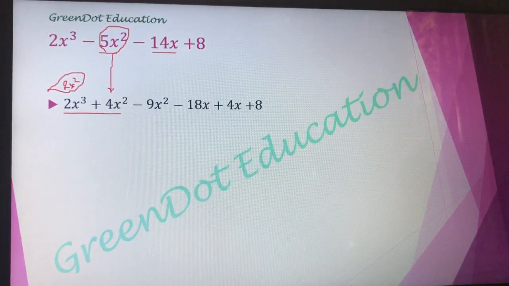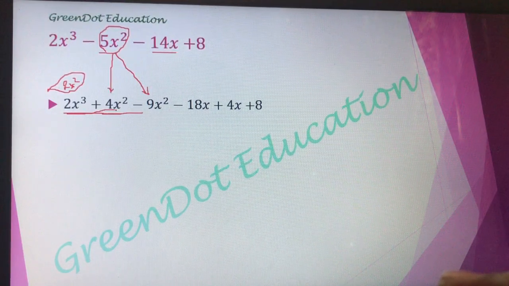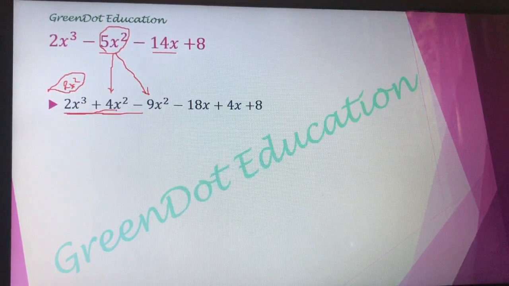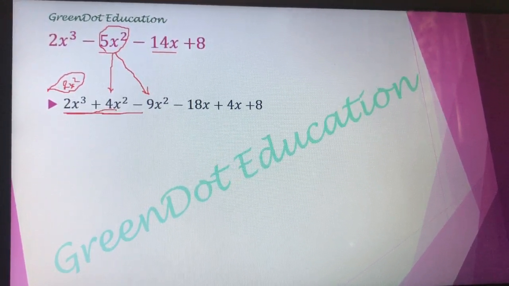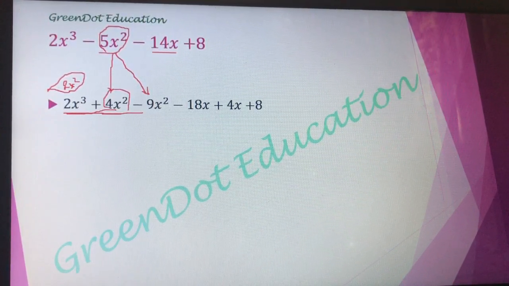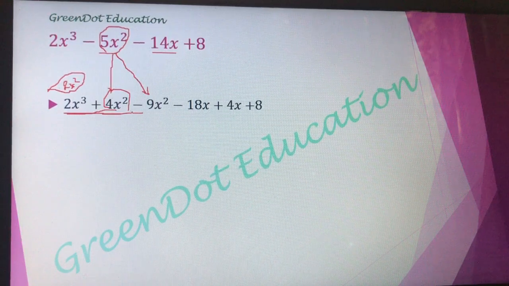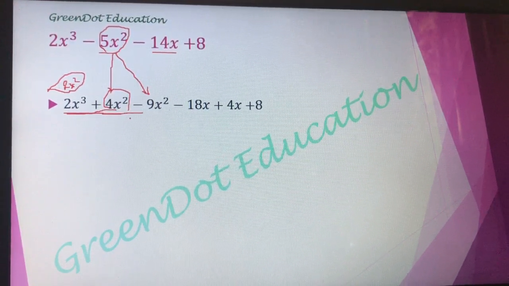We have made 2 parts by splitting this term, that is 4x square minus 9x square. So the sum of this will be 5x square, and also we will get 2x square as common and x plus 2 as a common factor from these two terms. So this will be the term. How do I get this term? That is by using this formula we get 4x squared, right?